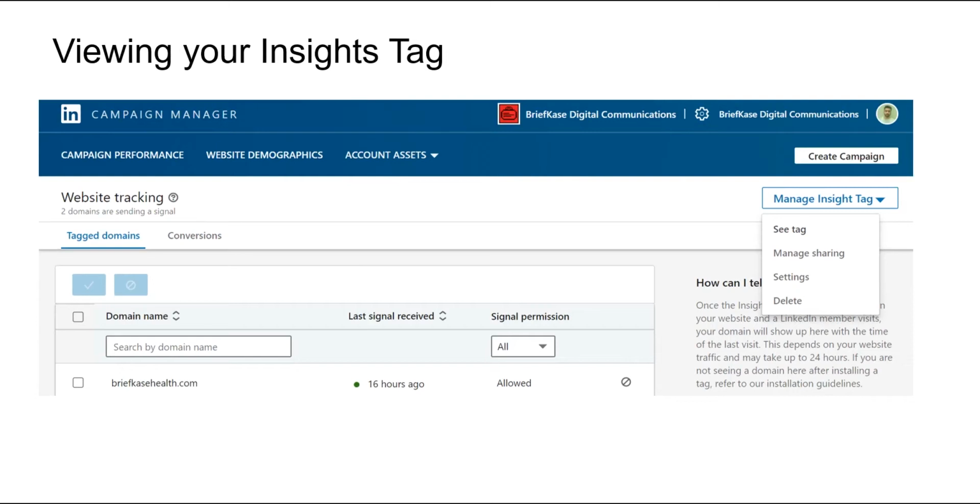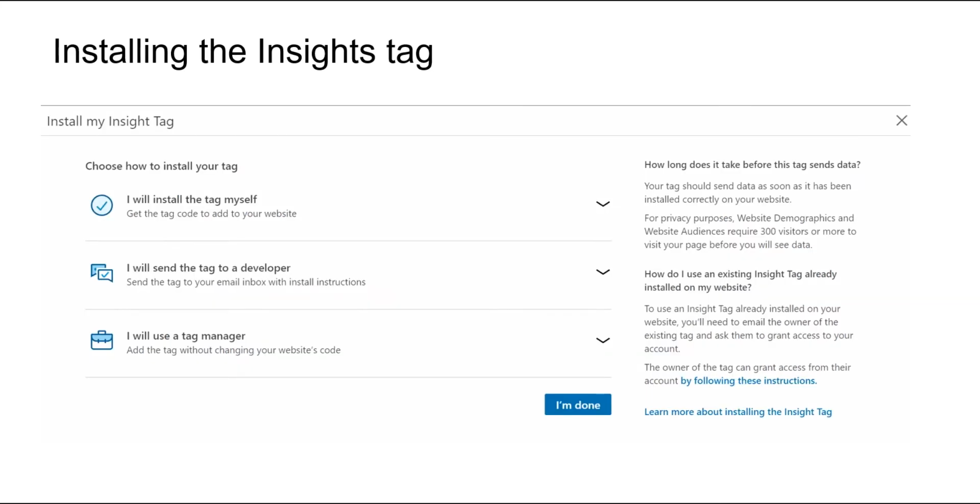You could just go to Manage Insight tag on the top right and click on C tag, or you could click on Manage Sharing to share the tag with other people on LinkedIn. So if you just click on C tag, you can install the Insights tag yourself. You could do it yourself by picking up the code and putting it on all pages of the website, or send the code to a developer, or you could use a tag manager such as Google Tag Manager to install the tag and get